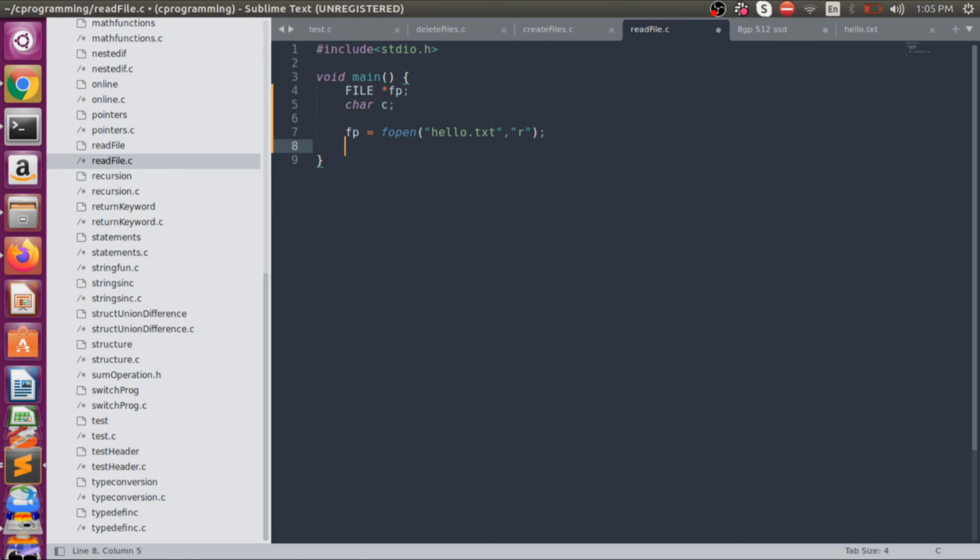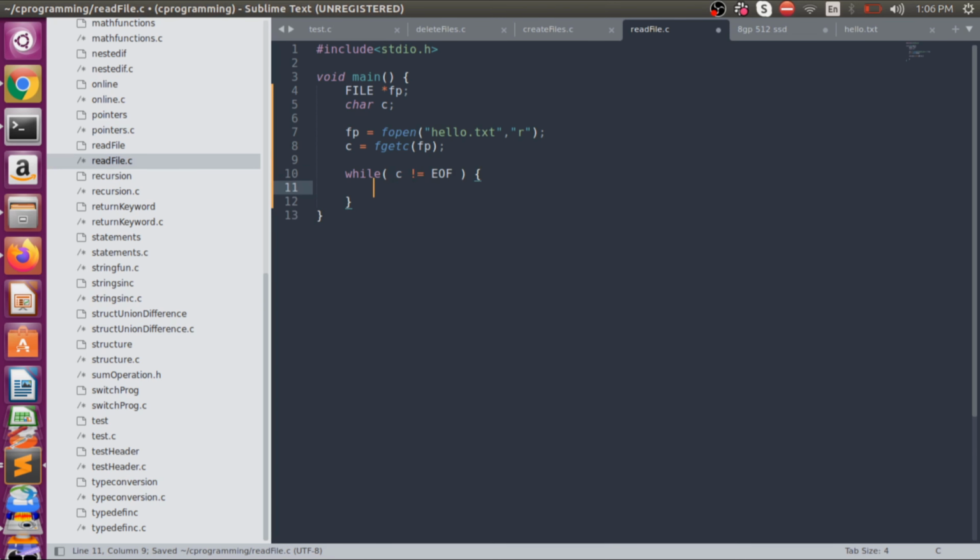And how can we read the file now? c is equal to fgetc, so it will read a single character. Now we have to write a while loop: while c is not equal to EOF, where EOF represents the end of a file.